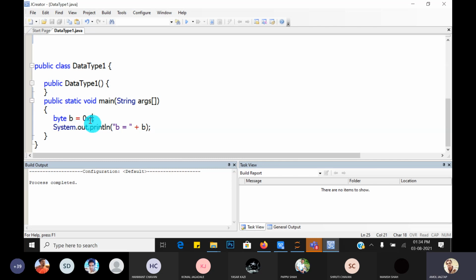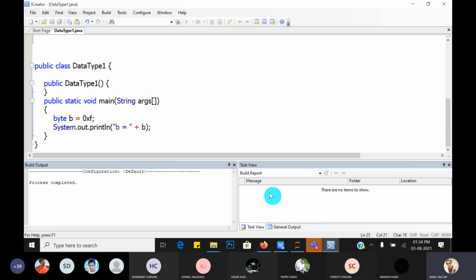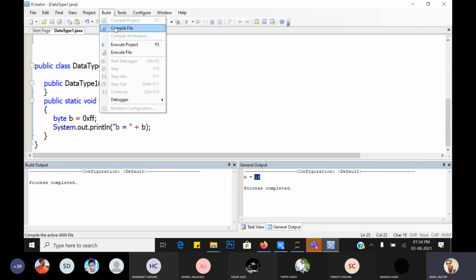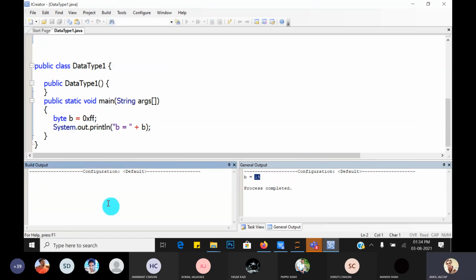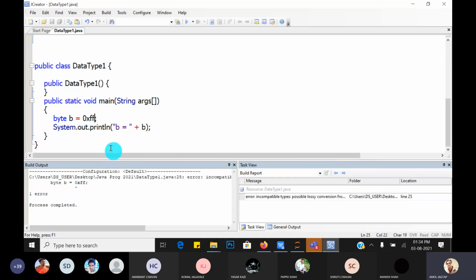So 0xF: what is the output? b is equal to 15, because the hexadecimal digits run from 0 to 15. When I write FF, it gives you a compile-time error because the range is exceeded. That's why it is an incompatible type with possible lossy conversion.